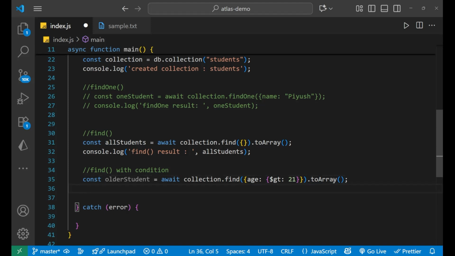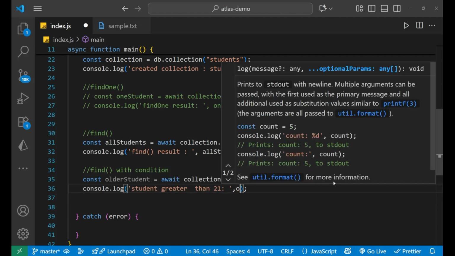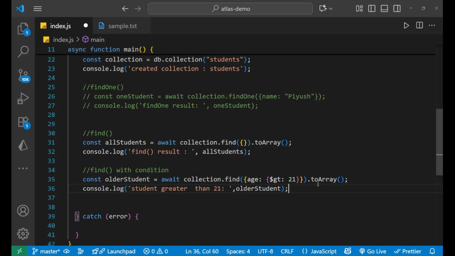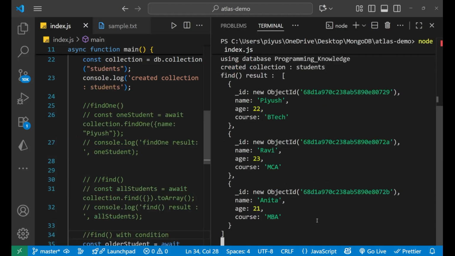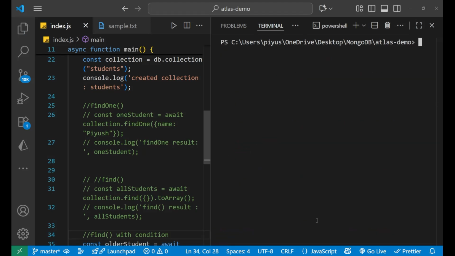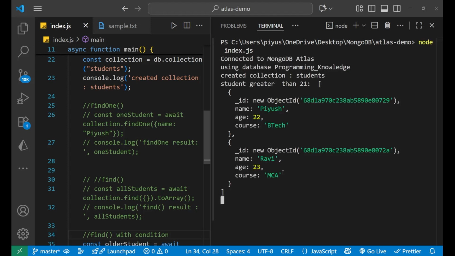Now let's just print it. So console.log, and here I'll write student greater than 21 is your olderStudent variable. Now let's comment it down, save it and go to the terminal. Let's close it and run it again. First of all, let's clear it out. Let's run it again, that is node index.js, press enter, and you can see it has given me only